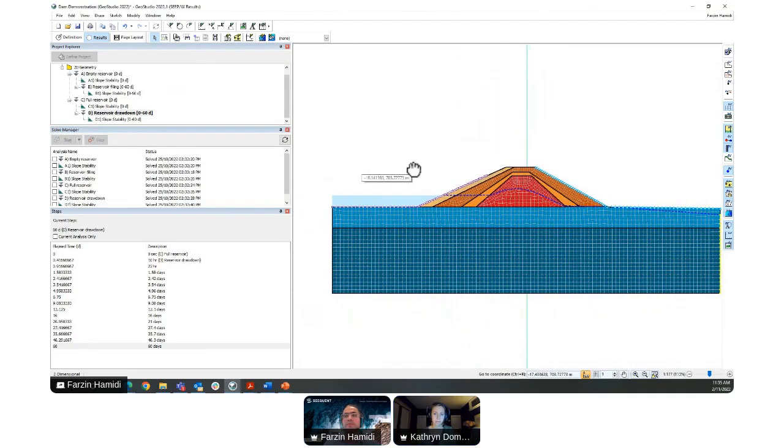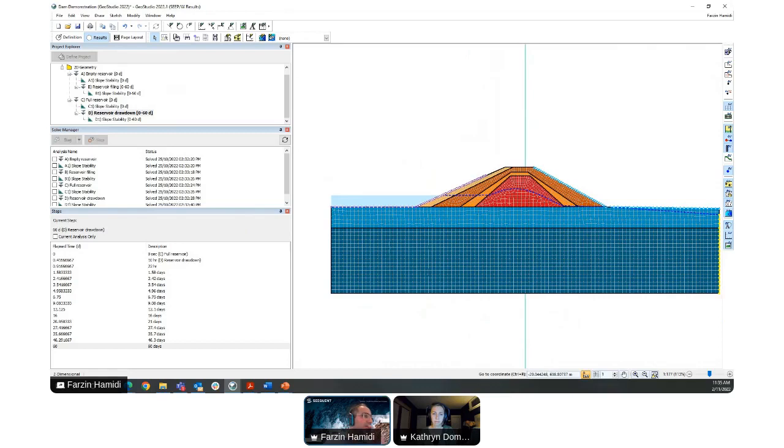Oh, yeah, that's a good question. Yeah, we can include a stress strain analysis. We can include SIGMA/W in this project tree as an in situ analysis after doing, let's say, the water steady state analysis.